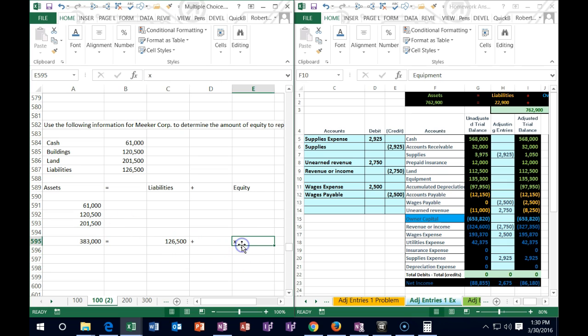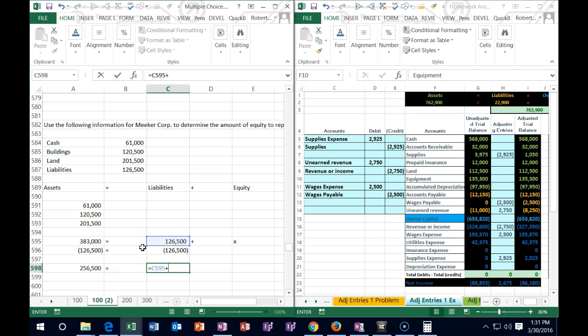Now we got to get X by itself, of course. How do we do that? We're going to have to get rid of this number. We're going to have to subtract that number out. So this is going to be a negative 126.5. And that's going to equal, and if we do it to that side, we have to do it to this side, 126.5, and we have to subtract that out now. So we're going to say this equals the 383 plus the negative, which is a subtraction problem. The 383,000 minus the 126.5 gives us the 256.5, which equals,